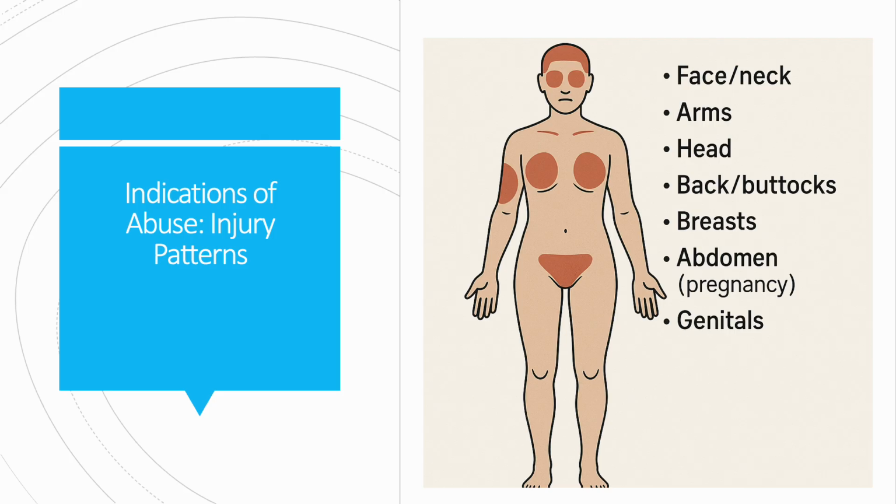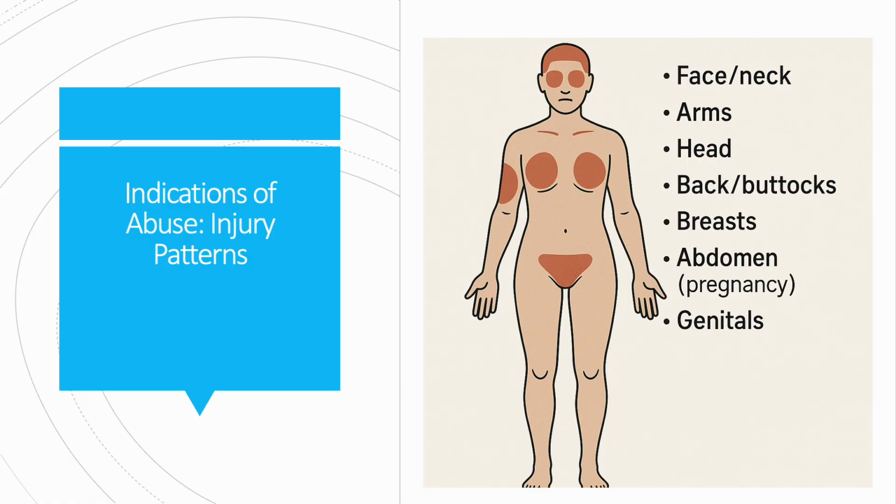Moving on to indications of abuse. The face and neck are the most frequently injured areas in domestic violence cases. This is because they are the easiest targets during assault, such as slapping, punching, grabbing, and strangulation. Strangulation is especially concerning. Even if external marks are minimal or absent, strangulation is a high lethality indicator and can